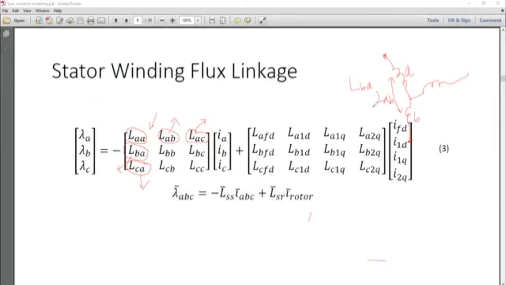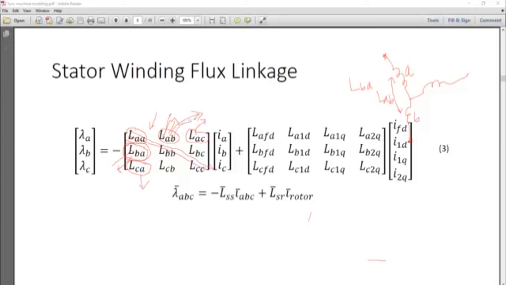Magnitude same, but direction is different. No, I'm talking about the expression, the final expression. Same. They should be same. So once you get LAB, you are actually done with LBA. That's the beauty of this matrix. It's a symmetric matrix. This sort of matrices are called symmetric matrices because there is symmetry across the diagonal. If you leave out the diagonal, then you are in a symmetric world. Whatever you find on one side of the diagonal, you find the same thing on the other side. So that's the symmetric matrix.